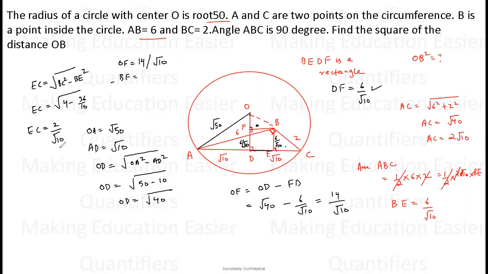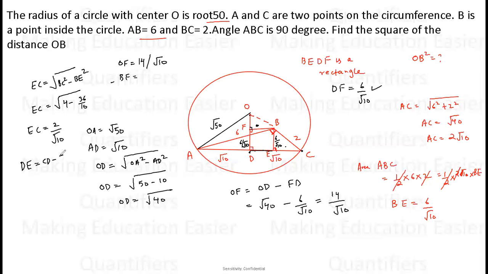Now students, if EC is 2/√10, अगर EC की वैल्यू 2/√10 आ गई है तो यहां से अब हम क्या निकाल सकते हैं? यहां से अब हम इजिली निकाल सकते हैं DE कितना होगा. What will be DE? Because what is DE? DE is basically complete length CD. जो कंप्लीट लेंथ है यहां से लेकर यहां तक, that is CD